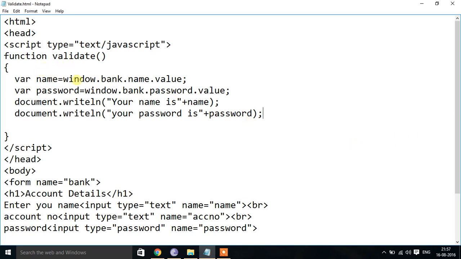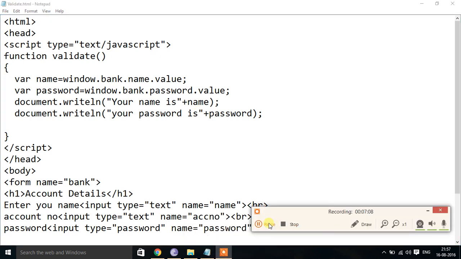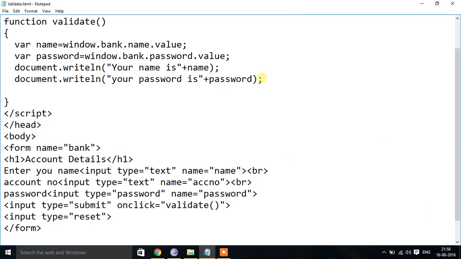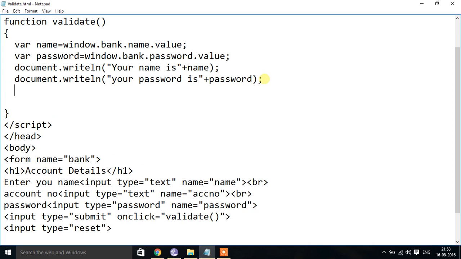Function validate, name, window dot bank dot name dot value. Let me check. Yeah, actually the problem is it is displaying but it's not visible. So what we can do is print some alert statement like completed.